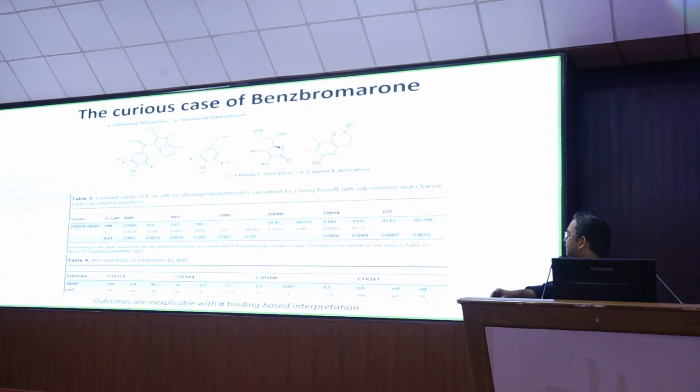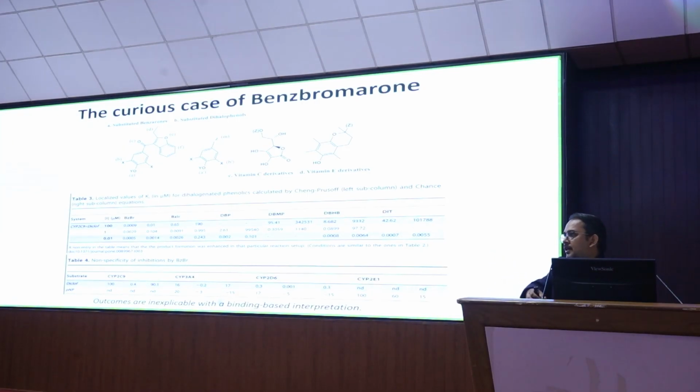We had taken this further, and in this particular slide, what you are observing is the case of benzbromarone, one form of benzerones, which was reported to have nanomolar levels of Ki values, inhibitory constants, which we could not bind because